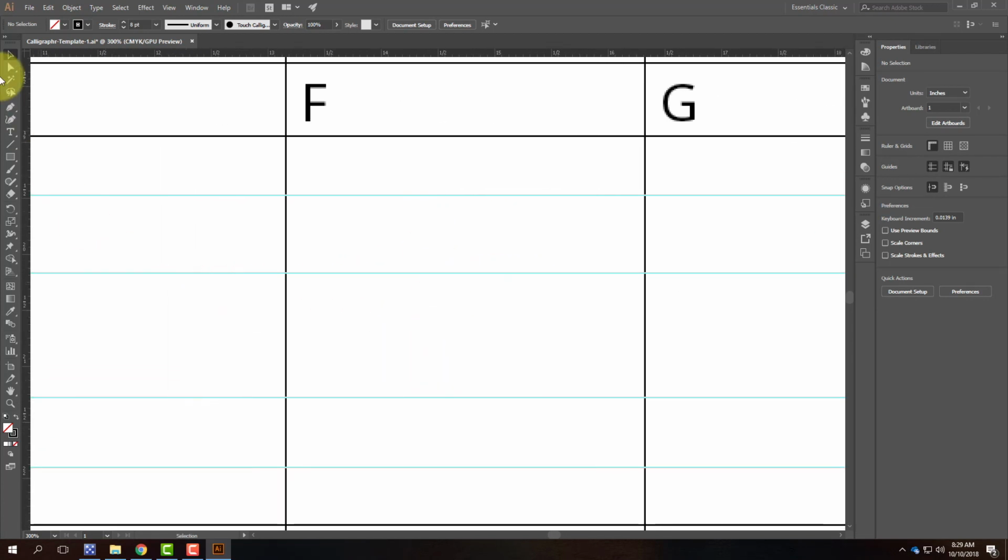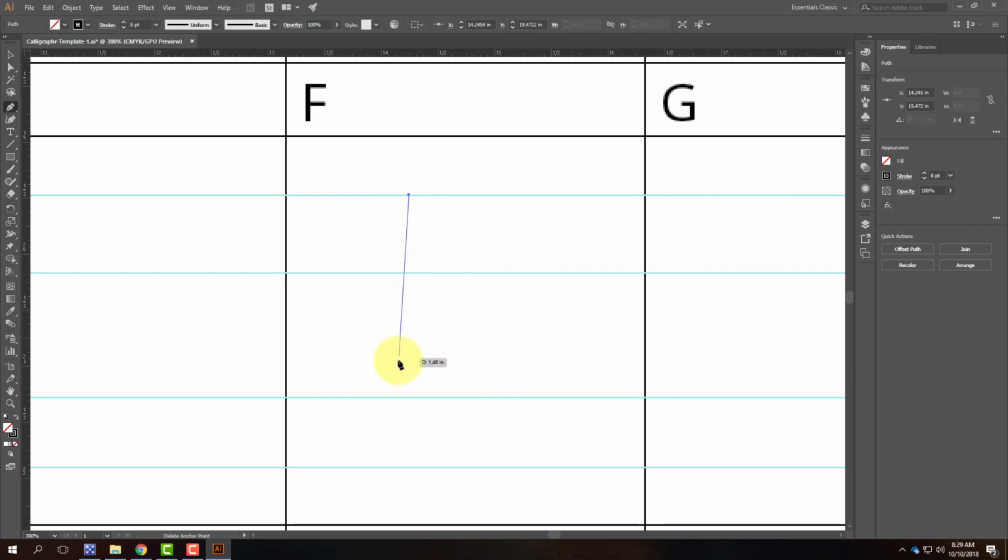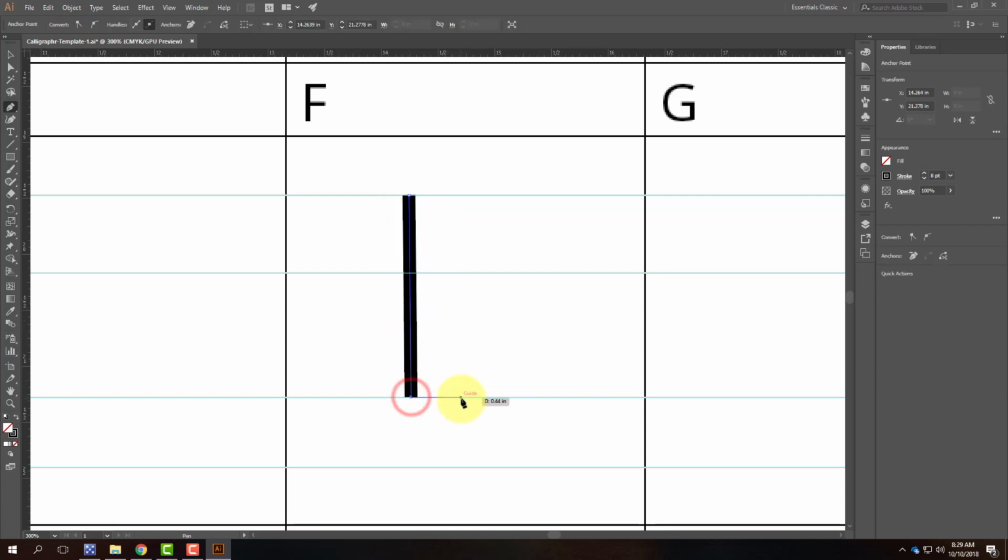Let me do the F. Once again, I'll use my pen tool. And we'll start here at the top. And I'll come straight down to make the F there. I'll go back to my selection tool, back to my pen tool. Now this time, I'd like the top of my F to connect to this particular point. I can do that as I move my pen tool over the top of that point. You see that it gives me a little slash next to the pen tool, that little diagonal line. That means it's going to connect to that anchor point. So I'll connect to that anchor point and keep going over for the top of the F,